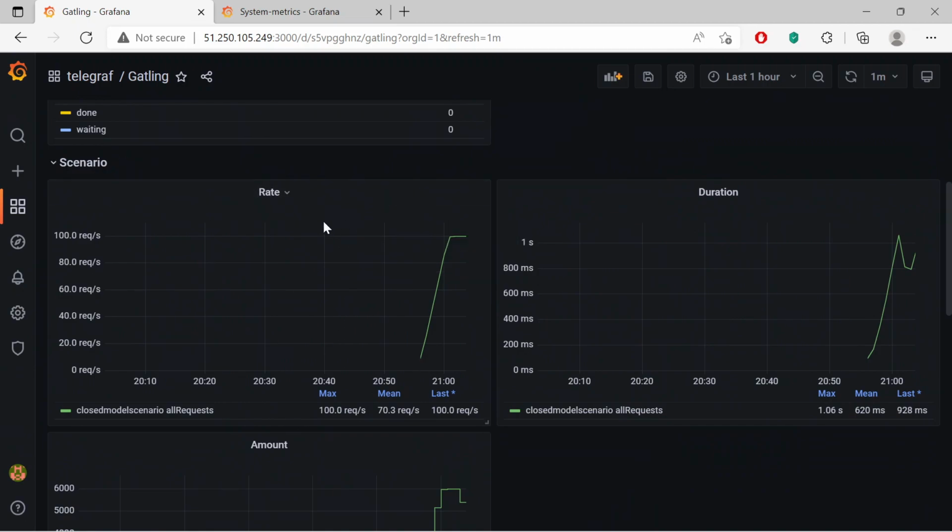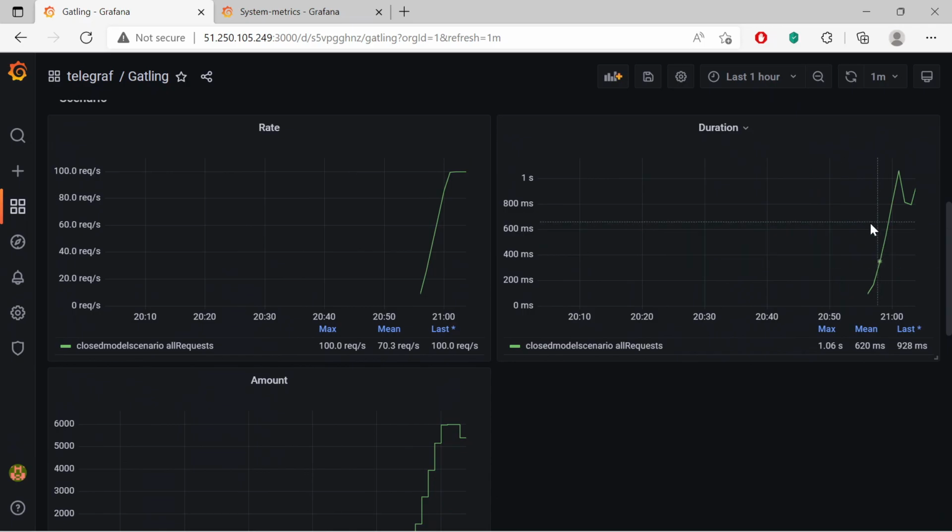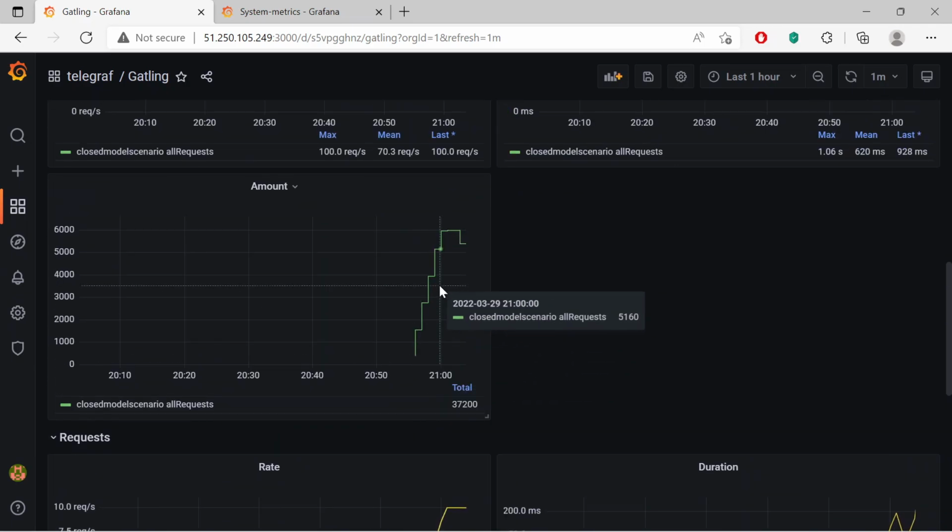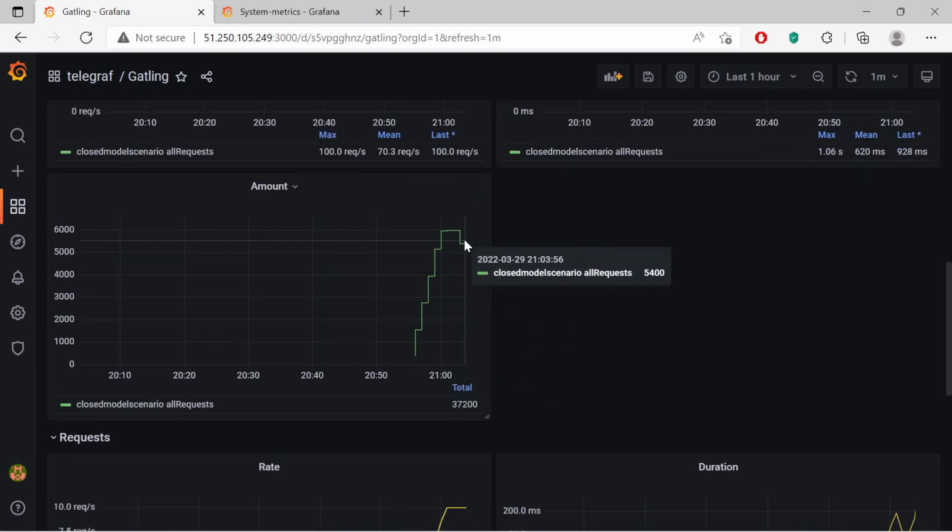The first rate graph shows the total rate of requests, 100 requests per second. And on the second graph, there is the duration of the execution of the entire chain of requests. It is approximately 800 milliseconds.